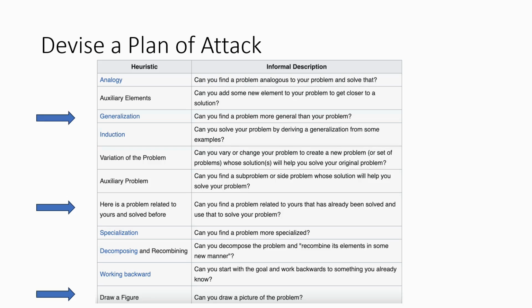So I put arrows on my favorite ones: can I solve a more general version of this problem? Have I seen a related problem in a different community or a different area somewhere else that is very similar to my problem? I can give you more examples of these if you have time, or you can ask me questions. And the other part for me, I'm a big fan of whiteboarding. Can you draw a figure to explain the input and the output of a problem, and what is the measure of success? Most of the time, I cannot explain, okay, I'm trying to build this widget, what is the input to a widget? I don't know. Okay, then you're stuck. You can't make progress. Can you just draw a picture of how this thing that you're trying to solve fits in the bigger scheme of things, and so on.